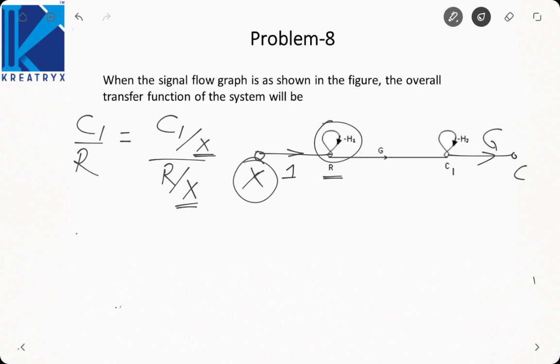If you want to find between two variables, find both the gains with respect to X and take their ratio. Okay, like here, if I were to identify C by R, it would be written as C by X, then R by X. Input node will always be X. Whatever the first node is will always be the input node. You can never change the input node. If you want to find ratio between two other variables, first find their ratio with respect to the same variable, then take ratio of both the ratios.